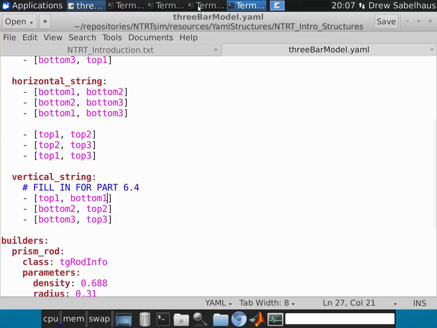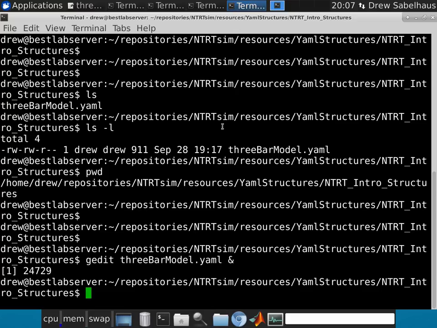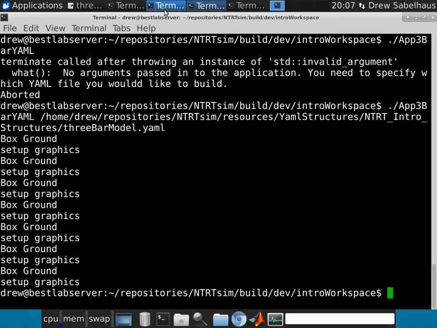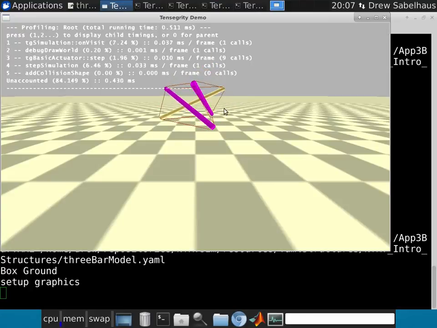And now, one of the nice things about YAML is that we do not need to recompile the entire simulator. This YAML file is not compiled. So under the terminal window, this is the build directory. So switching back to the build directory, if I just hit up one time here, not needing to run build.sh, but it refers to the same YAML file here. I'll hit enter, and now we have a structure that has an extra actuator in it, that has this vertical